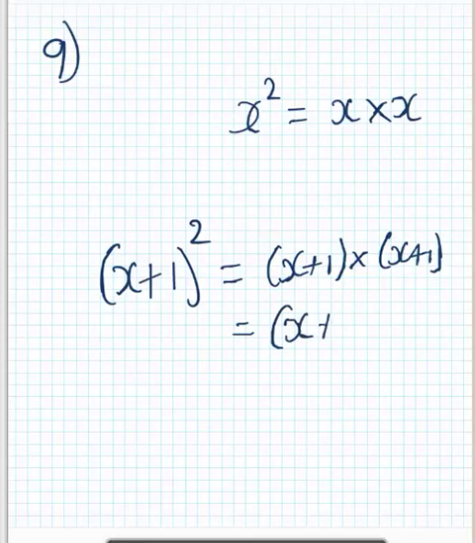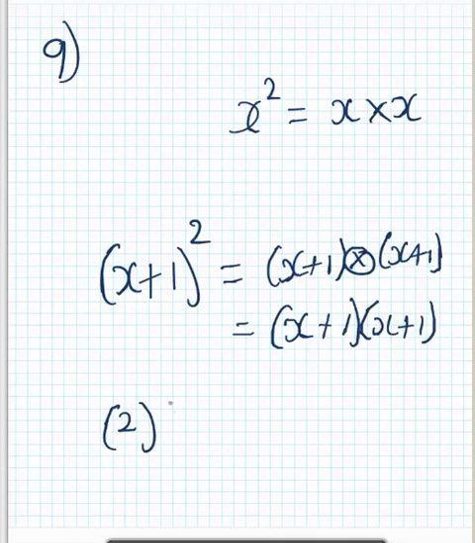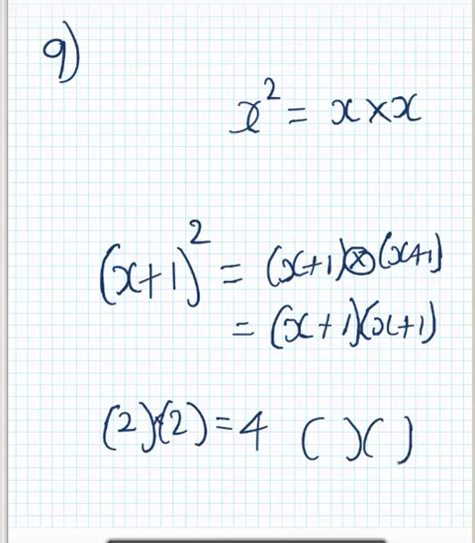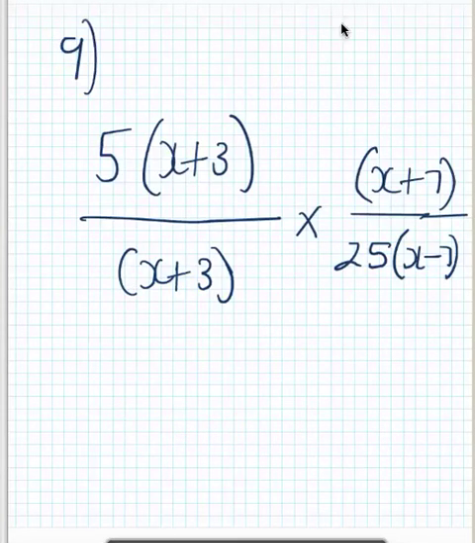So I can write this way, x plus 1 bracket and then bracket x plus 1. So remember, when we have brackets, the multiplication symbol is actually invisible. Just like if I had 2 bracket and then bracket 2, that is saying 2 times 2, which is 4. So when you have brackets sitting together, you know that there's an invisible times in between them. Okay? So I want you to have a go at this one and then watch how I do it